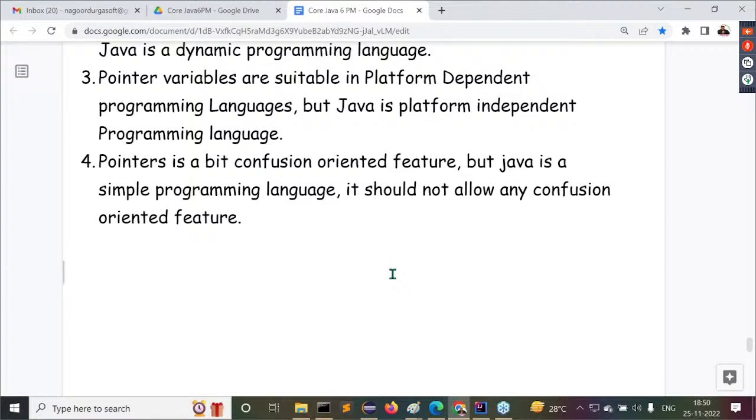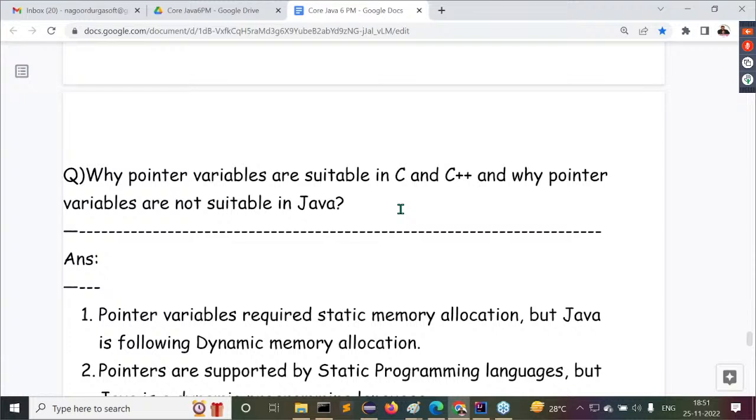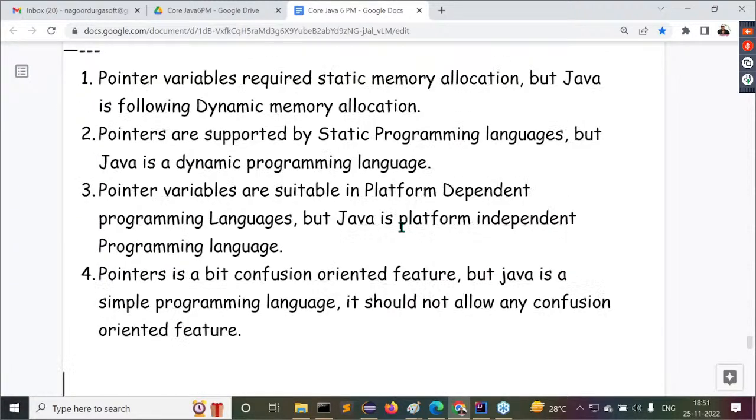All of you are getting my point, right? Now, if you give this type of information to the interviewer, the first question will be: tell me what a pointer is. A pointer is a variable. It is able to refer to the address location of data or a data structure. Okay, the definition is fine. Are pointers possible in Java or not? Then we give the answer: pointers are possible in C and C++, but not possible in Java. Then the interviewer will immediately ask why pointers are required in C and C++ and not possible in Java. You might give these many reasons.